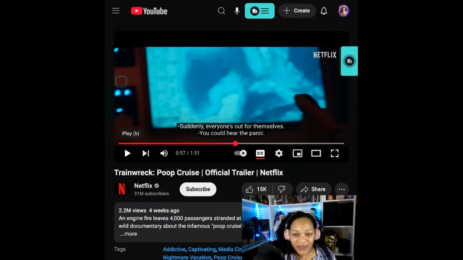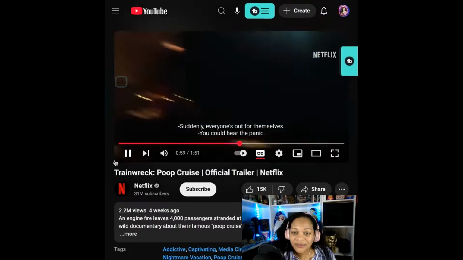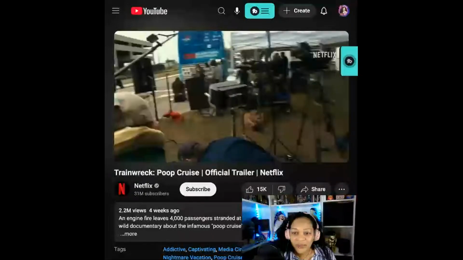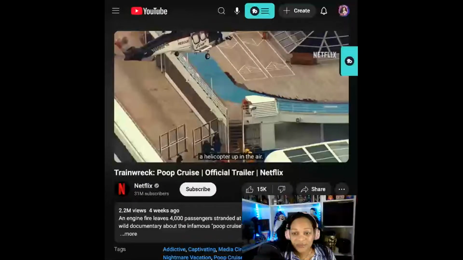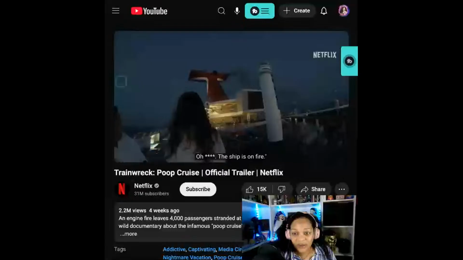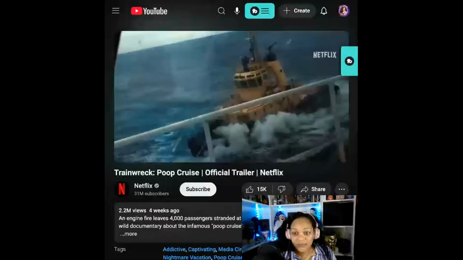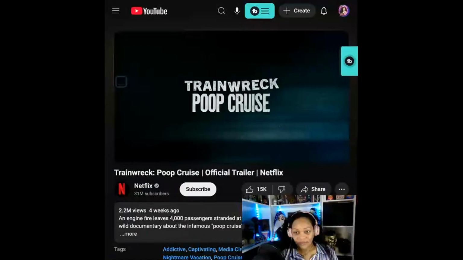Suddenly, everyone's out for themselves. You could hear the panic. We were starting to smell urine. Oh my God. It was terrifying. We had camera people, crews on boats, a helicopter up in the air. Fights broke out. Oh, the ship is on fire. What the is happening on this cruise ship? It's like shantytown. It's like something that came out of a nightmare movie. The snowball has started to roll, and